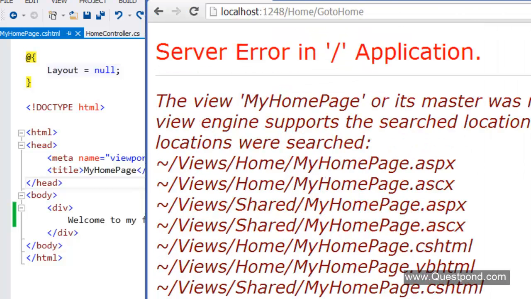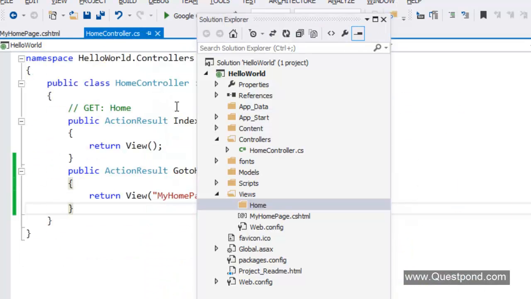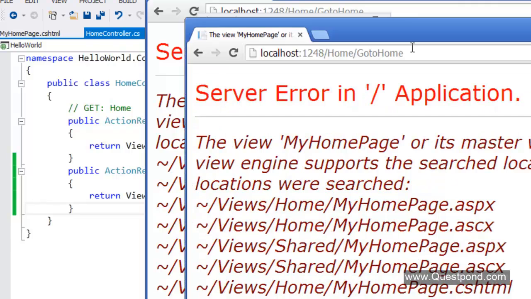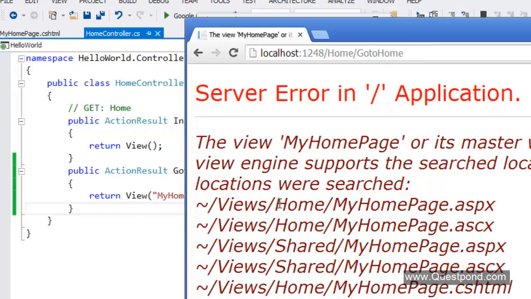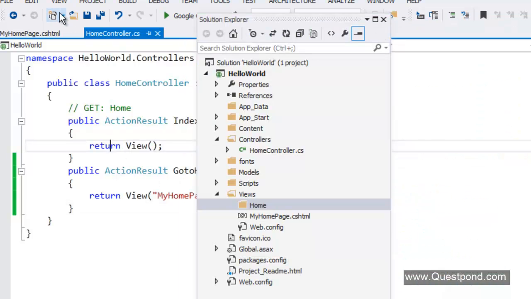This is a very common error which people normally get, and it says the following: your view should either be in the controller name folder. At this moment my controller name is home, so either this page my homepage.cshtml should be inside the home folder, or it should be inside a shared folder. If you have not put your views in the proper folder, you would end up with this error. So either I move this page into a home folder,